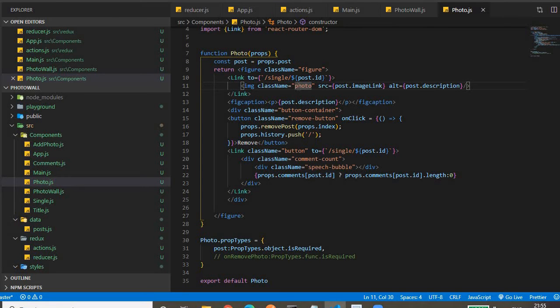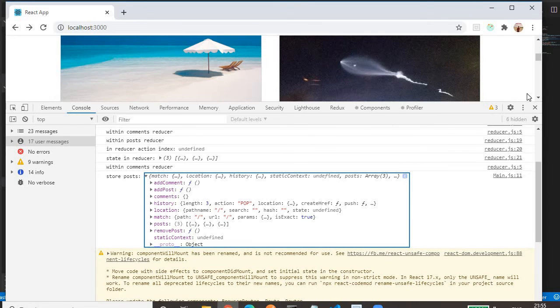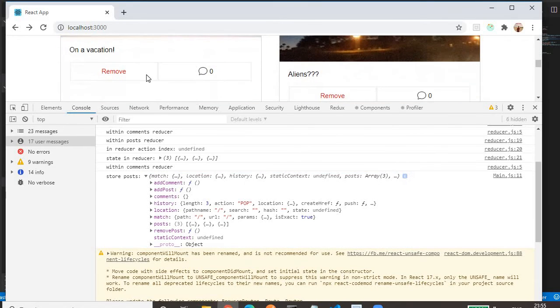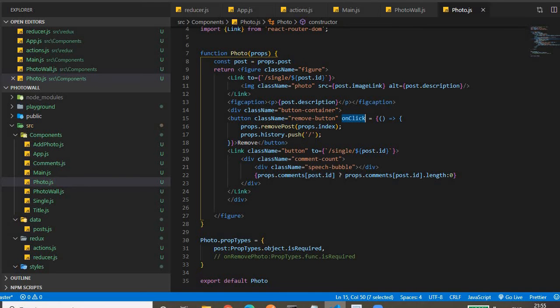Okay, then what is mainly important is the click of the remove button. On click of the remove button, we have to dispatch the action. So we have passed the props.